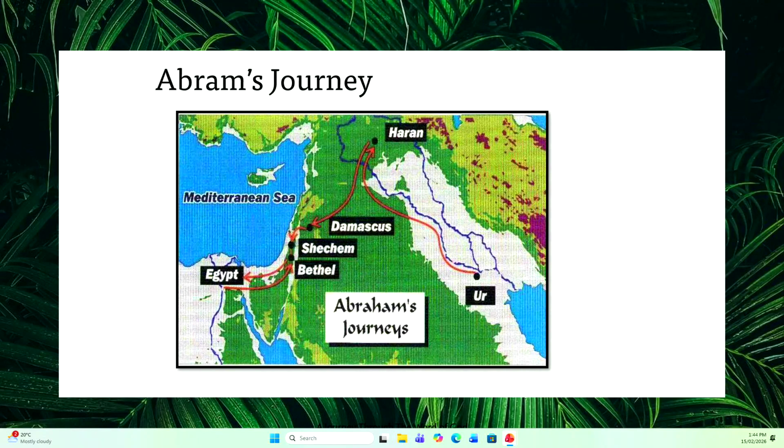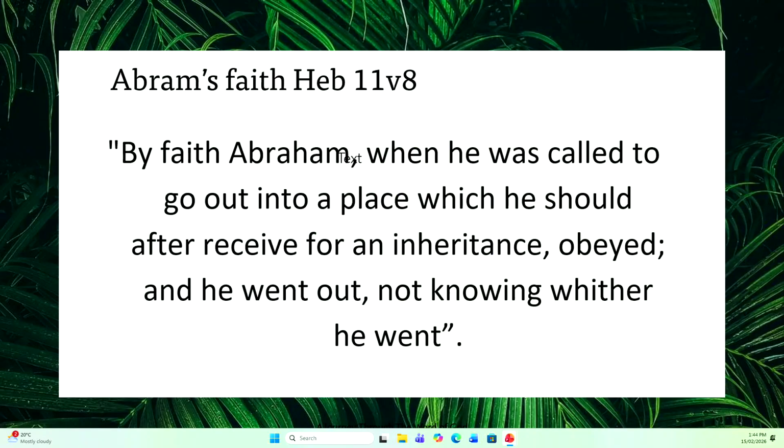So you have to ask yourself, why Abram? Why Abraham? Why did this one man get picked from a very rich and prosperous area? And not only that, but why did Abram all of a sudden just obey God without even knowing where he's going and what God's plan and purpose with him was? Again, we have to jump forward to the New Testament to find out. By faith, Abraham, when he was called to go out to a place which he should receive for an inheritance, obeyed. And he went out not knowing whither he went.